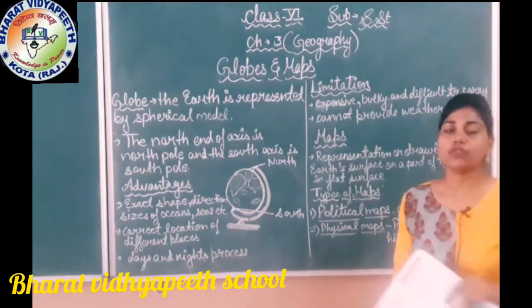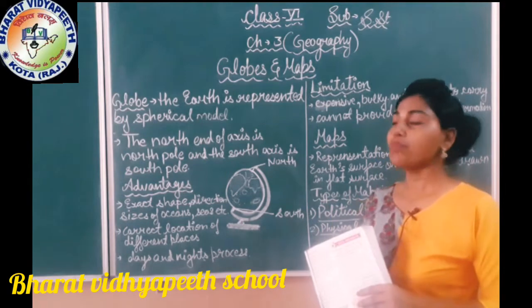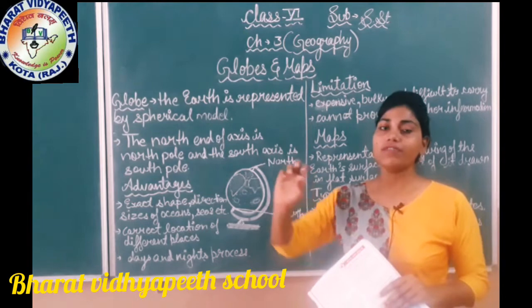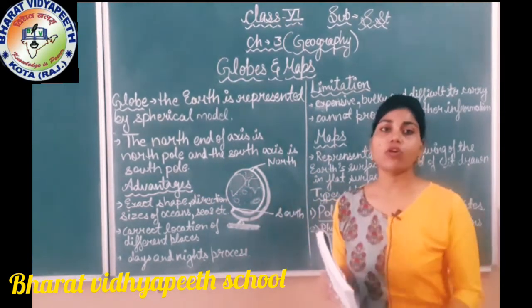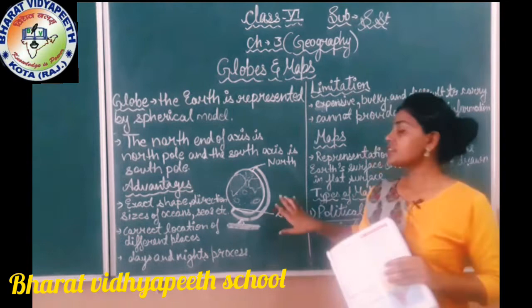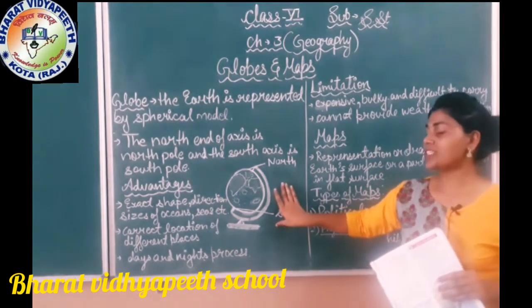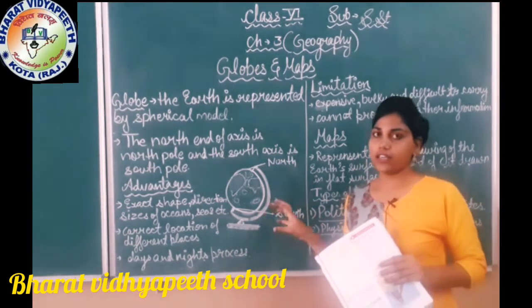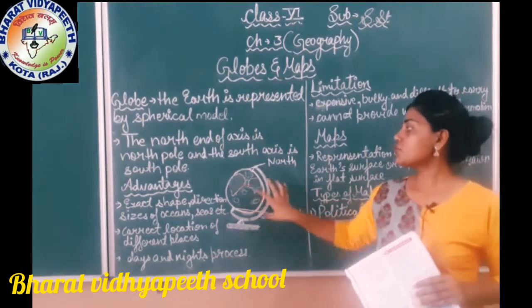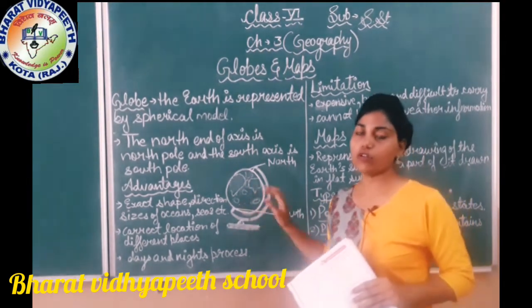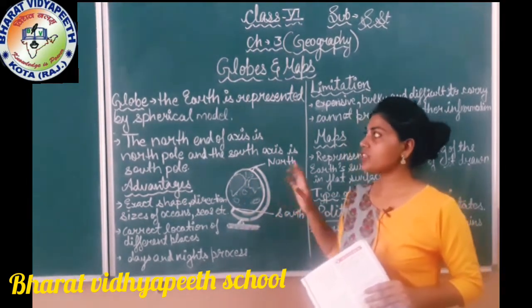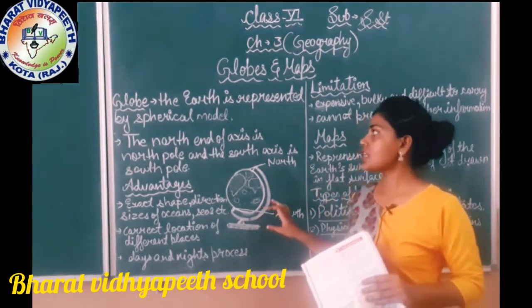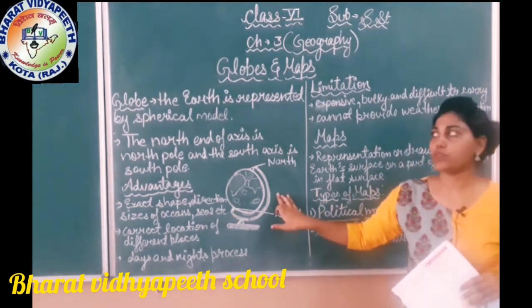The first thing we are going to study is what a globe is. A globe is a spherical model representing the earth. When we represent our earth by a spherical model, that model is known as a globe. This is the structure of a globe. It represents our earth and tells about the different countries, seas, islands and other things which we can see on this globe. We can tell what countries our earth consists of, where the lands are, and where the seas are located. All this information we get from the globe.